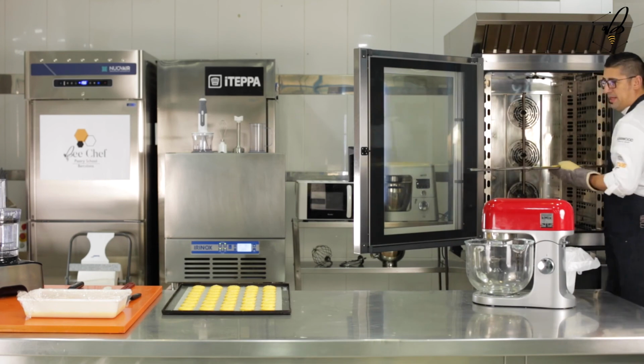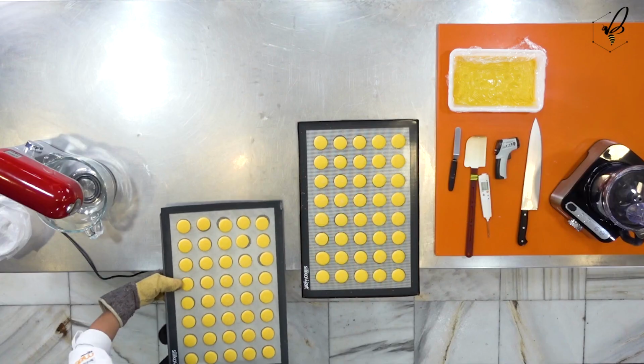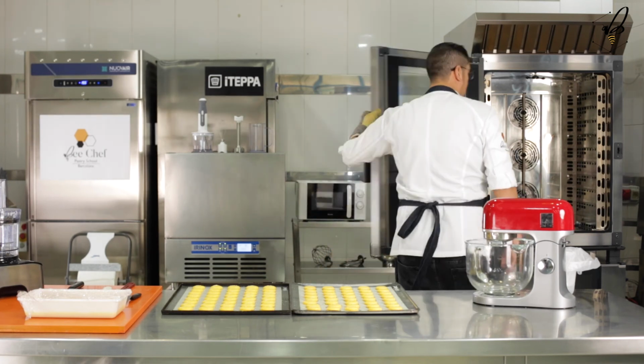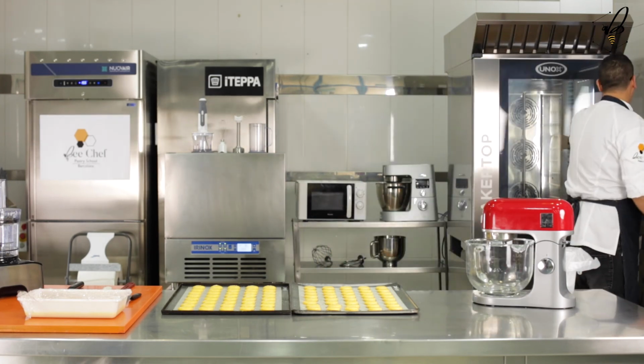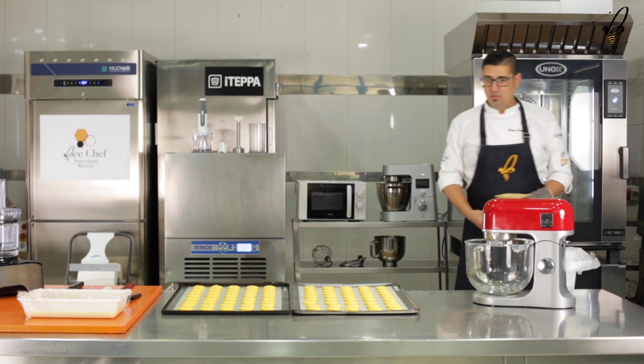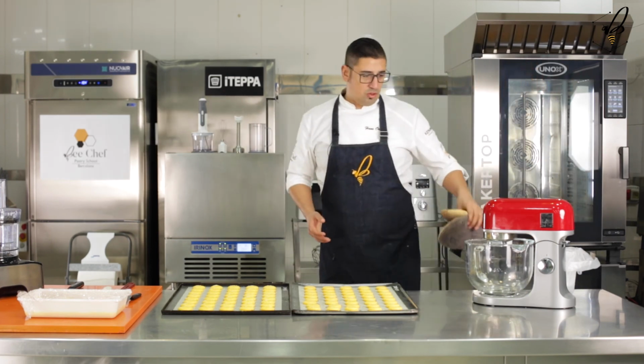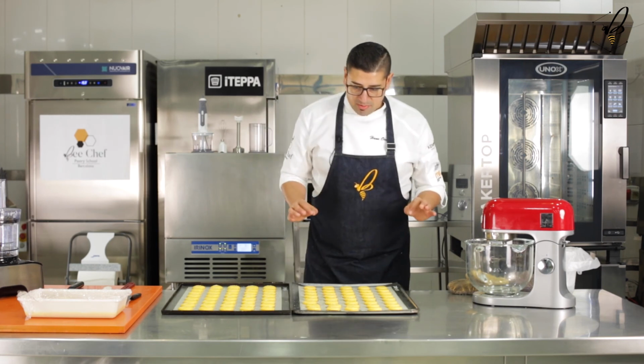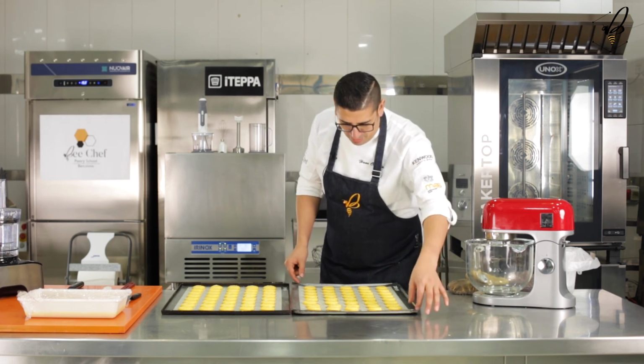Ponemos nuestras dos bandejas. Ya habíamos sacado una tercera, la tenemos. Let's put both trays on the table. The third one, we took it out before. Bueno, yo os voy a explicar. And now I will tell you something that's very important in macarons. Once we take them out of the oven, porque quema,